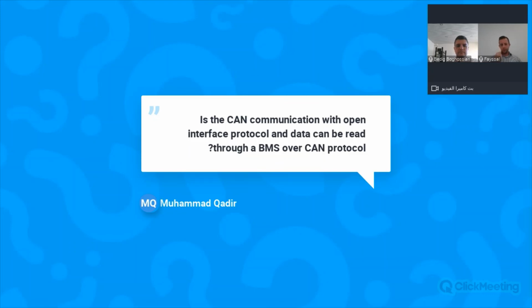Qadir is again asking, is the CAN communication with open interface protocol and can data be read through a BMS over CAN protocol? I believe this would be related to the BMS brand or system that is being utilized. Bedig, any ideas? Yes, when they speak about the CAN communication from the DSE controller, it should be the